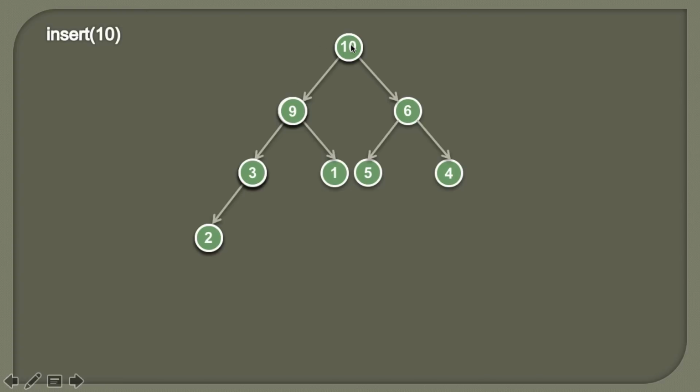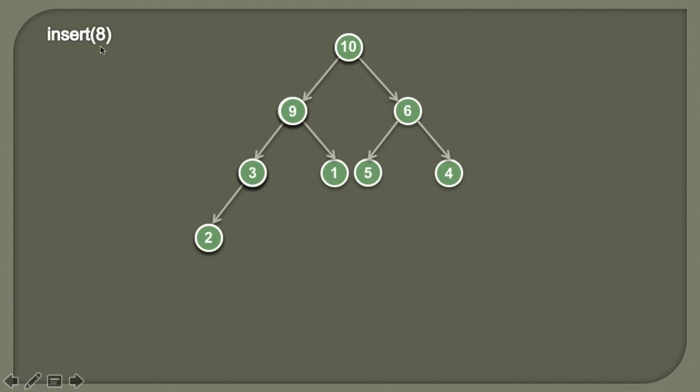So friends, once this swap is done, we simply traverse to 10 and we again check whether it has any parent or not. So here you can see that 10 doesn't have any parent. Then we also see that heap order property is satisfied because the root has the maximum value among the other nodes.